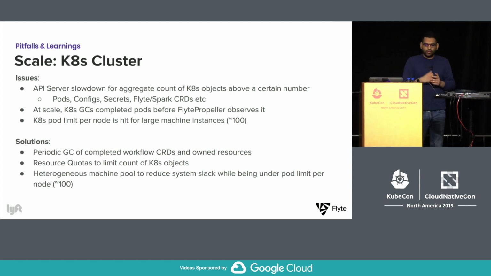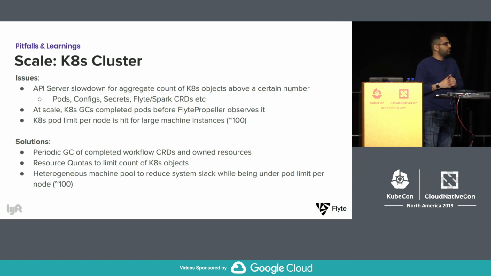So how did we solve them? To limit the overall aggregate count of Kubernetes resources or objects in the cluster, we started using resource quotas to limit the number of pods or number of CRDs in a single cluster. Besides that, we also started aggressively garbage collecting our own completed workflows. These workflows have completed, there are no more state transitions for them, and they can be safely deleted. So we started aggressively deleting those workflows, as well as any pods, any Spark CRDs,